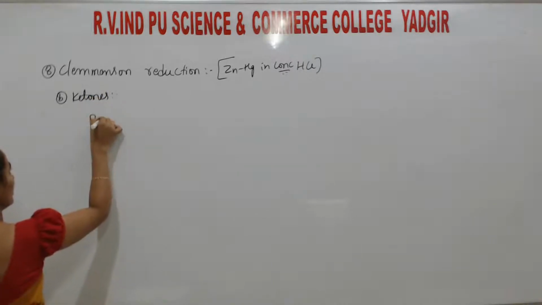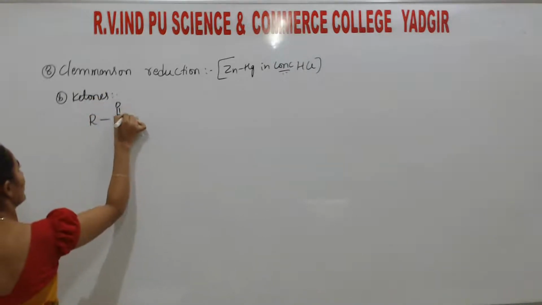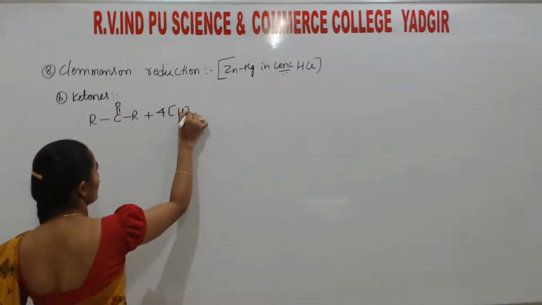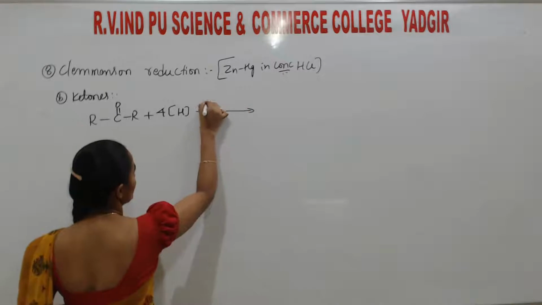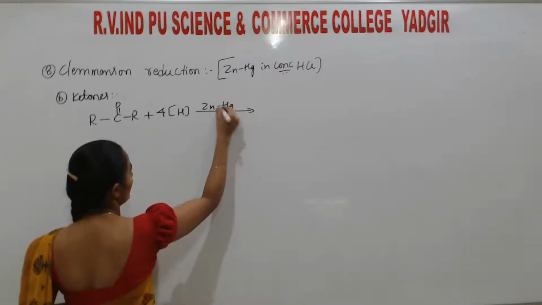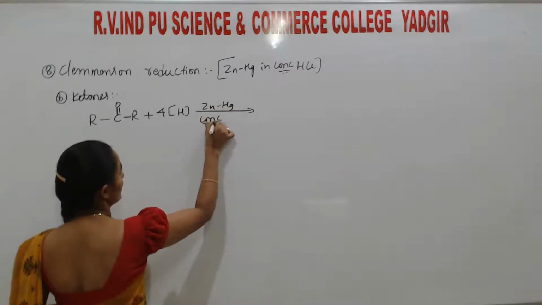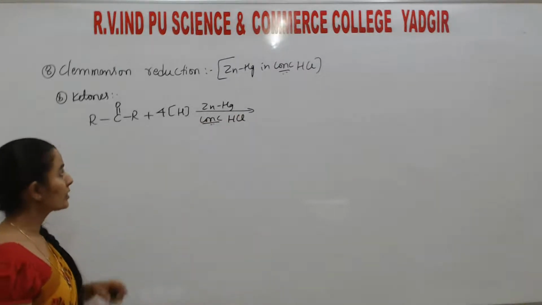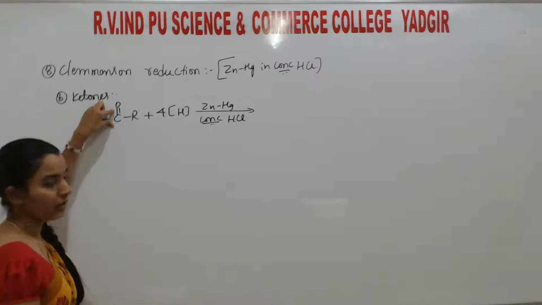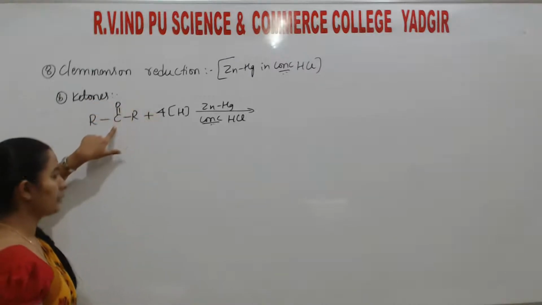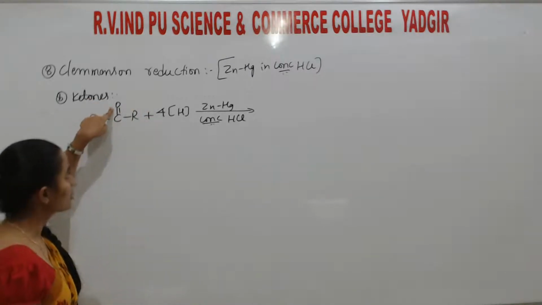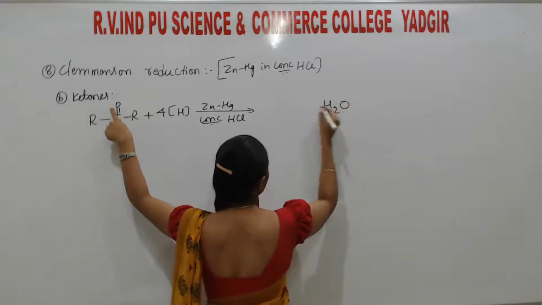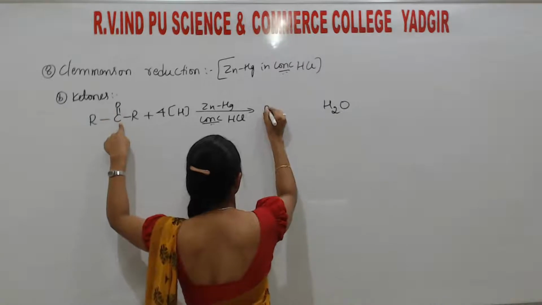Reaction with a C=C double bond or the same 4 hydrogen atoms. Right? So, in the presence of zinc amalgam in concentrated HCl, students, reduction takes place at this position. Oxygen is removed, hydrogen is added. To remove this oxygen, we require 2 hydrogen, that is H2O. So to balance this, we need to have